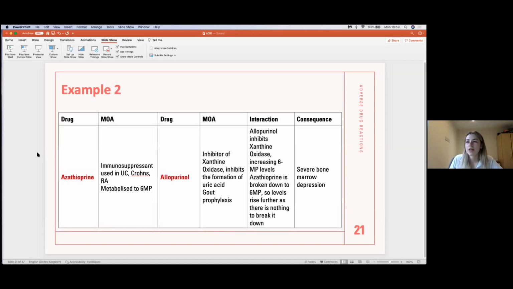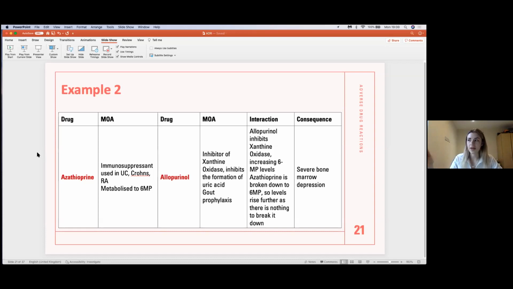Example number 2, so azathioprine is also an immunosuppressant. It's used in ulcerative colitis, in Crohn's, and also rheumatoid arthritis, and it's metabolized to 6-MP. Allopurinol is prescribed in patients who have gout or high uric acid levels, and it inhibits xanthine oxidase. So your allopurinol inhibits xanthine oxidase, which increases the 6-MP levels, and azathioprine is broken down to 6-MP, so levels